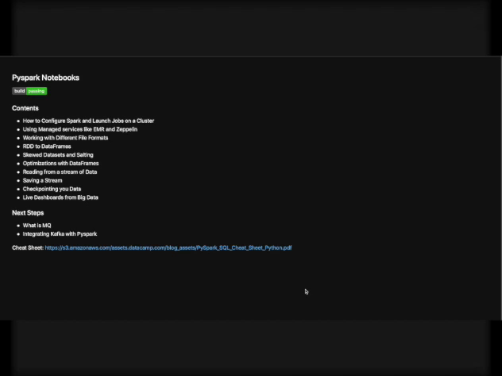Spark, as you may know, is an open source cluster computing framework written natively in Scala. However, the framework is available with wrappers in other languages such as Java and Python. In this series, we'll go through a lot of different aspects of Pyspark, including basics about how to set up your cluster, how to use cloud services with Pyspark, and some of the more advanced topics such as stream processing,